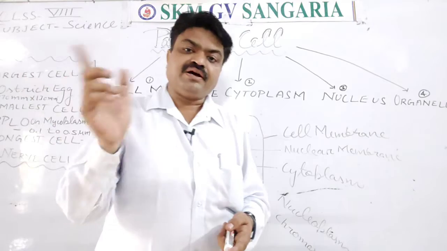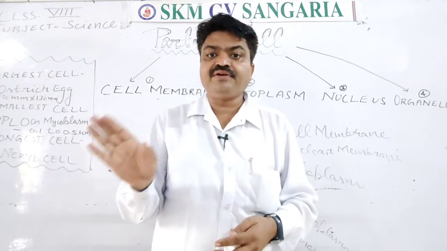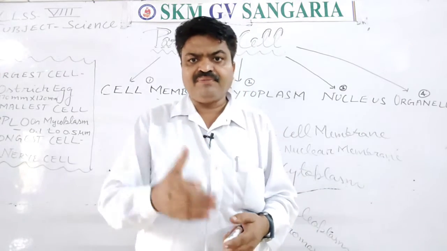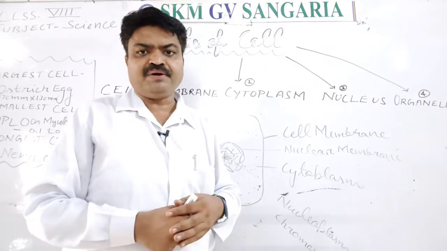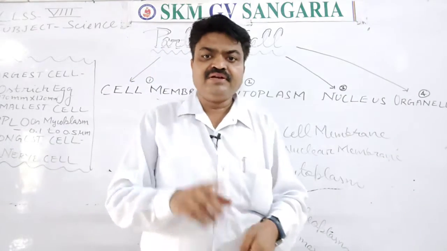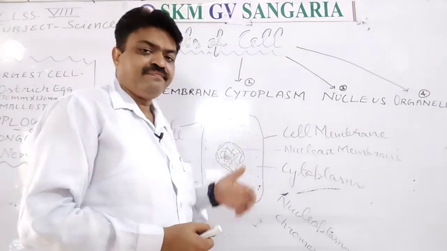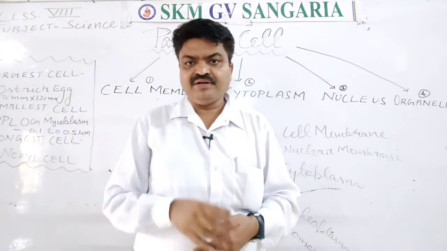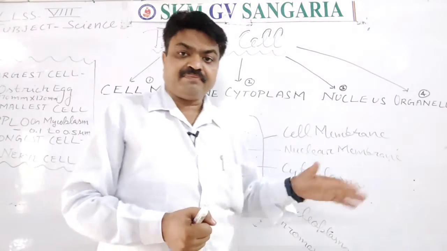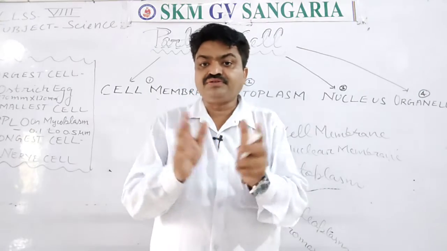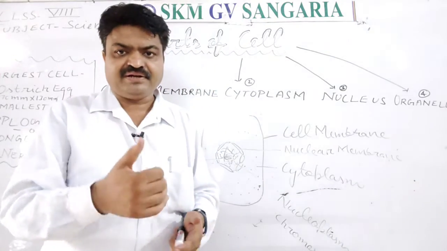Now what are the prokaryotic? The cell that does not have a definite nucleus. Their nuclear material is found in scattered form inside the cytoplasm. That particular cell is known as prokaryotic cell. This eukaryotic cell, student, is found in plants, animals, algae and fungi. But the cell that does not have a definite nucleus, that cell is found in bacteria.